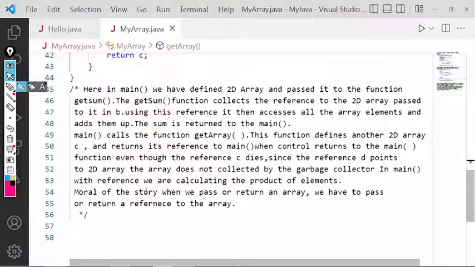Once it starts pointing to a particular location, अगर वो किसी एक particular location को point करने लग गया, तो प्रोग्राम एग्जीक्यूट करते करते वो किसी और को पॉइंट नहीं कर सकता. That is why it's a constant pointer and which is automatically dereferenced. Now if you want to access a value with the help of pointers in C and C++, we have to dereference with an asterisk sign. Getting my point?